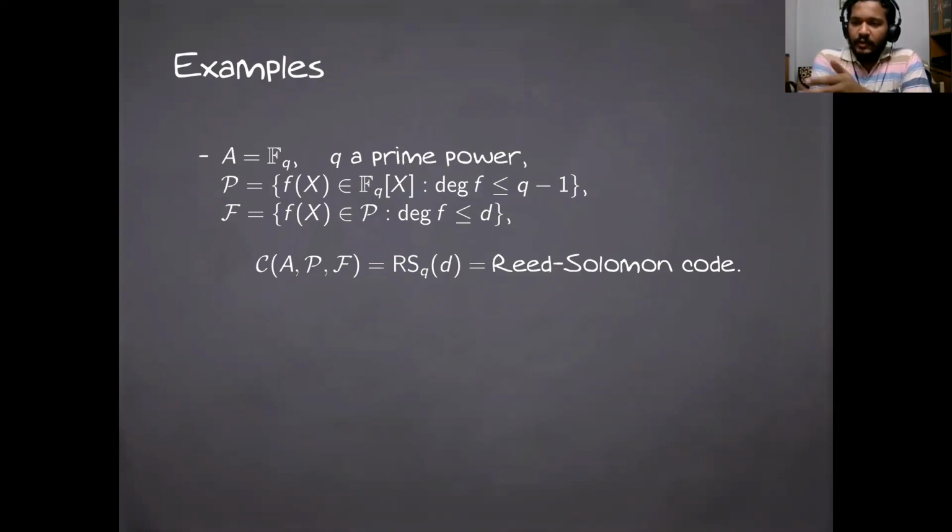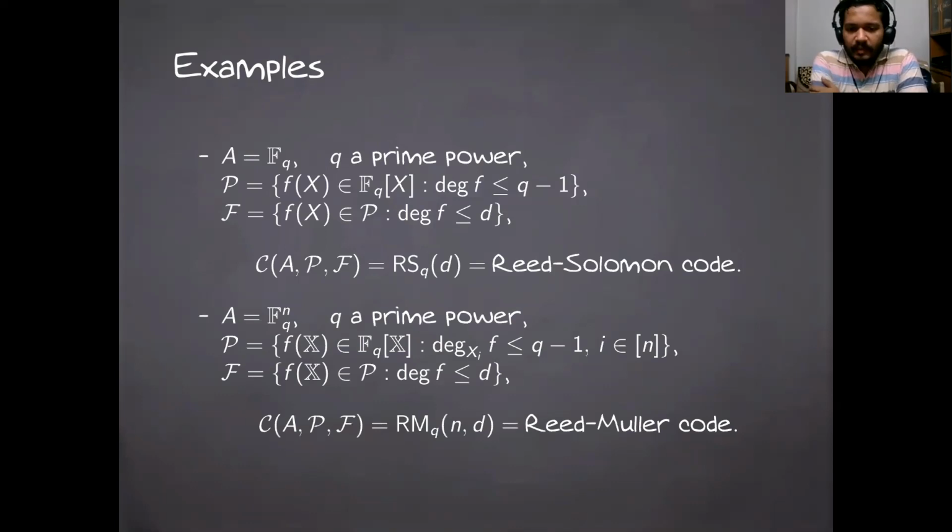polynomial x^q being equal to x as a function on F_q. So we start having multiple representatives for the same function. We would like to avoid that. So the degree bound is q minus 1. And now you can pick any smaller subspace using the same degree bound. So for a degree bound d, the smaller subspace that gets spanned by these functions is called the Reed-Solomon code with degree parameter d. A natural analogous multivariate case is the Reed-Muller code, where you take again a finite field